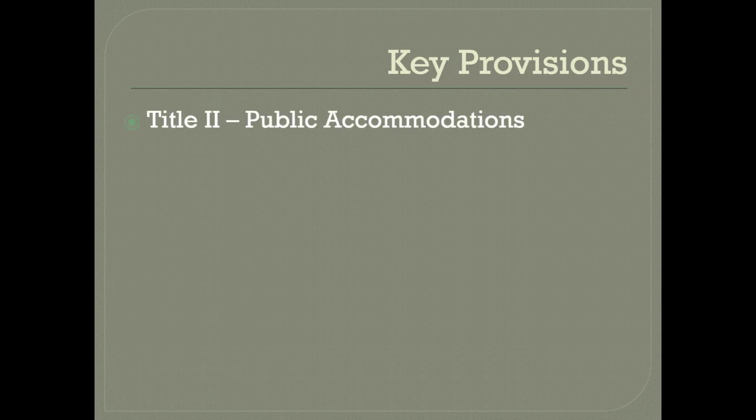look at its key provisions, because some of you may be writing your papers on cases having to do with the Civil Rights Act of 1964. The titles that you as a public manager would be most interested in are Title II, which involves public accommodations. Now this is a little confusing because we've been using the term public in this case to mean governmental. In this instance, public simply means open to the public, so a restaurant or a golf course or something open to the public would fall under Title II.